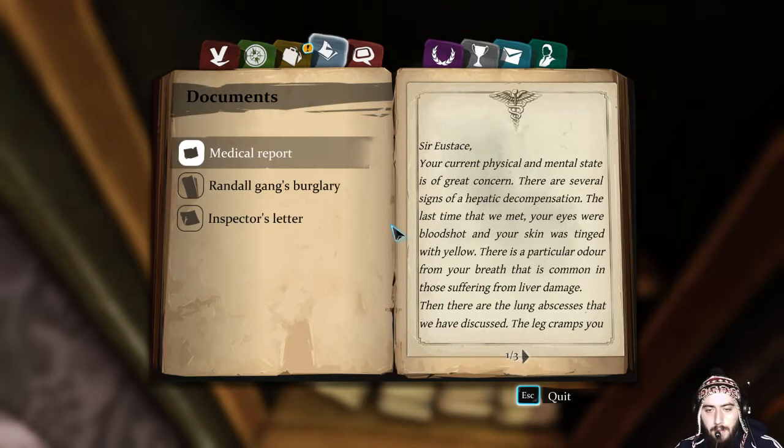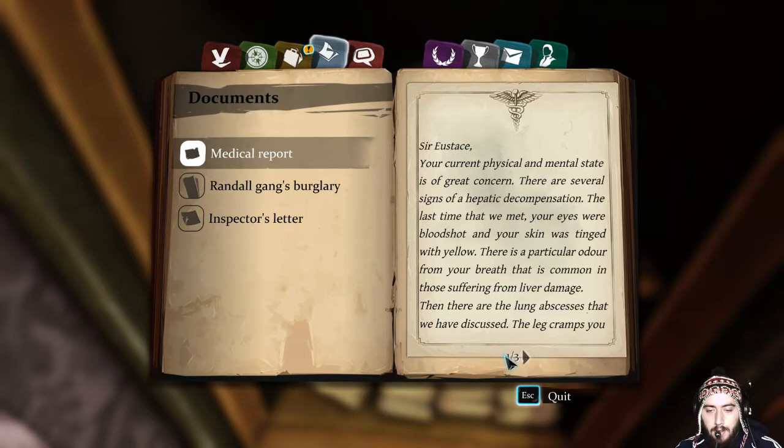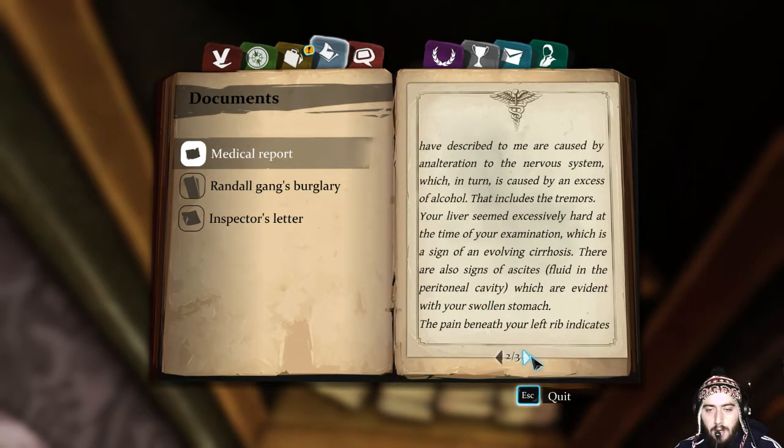Your current physical and mental state is of great concern. There are several signs of hepatic decompensation. The last time that we met, your eyes were bloodshot and your skin was tinged with yellow. There is a particular odor from your breath that is common in those suffering from liver damage. Then there are the lung abscesses that we have discussed. The leg cramps you have described to me are caused by anal...